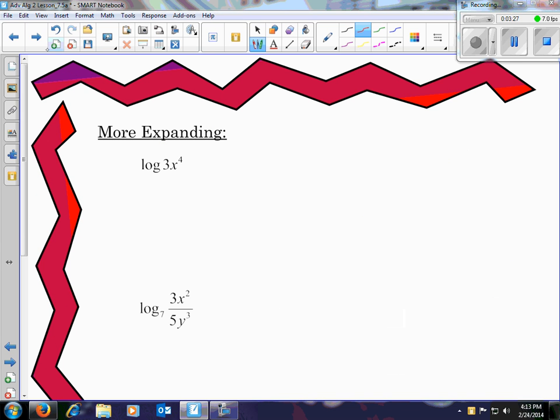Okay, now we're going to move on and do some more expanding. Now these ones require a few more steps. So the first thing I'm going to do is I see that I have a multiplication problem. So I can see that it is log of 3 times x to the 4th. There's an imaginary multiplication sign there. So what I'm first going to do is use product property. And now using the product property, that means I'm going to have log of 3 plus log of x